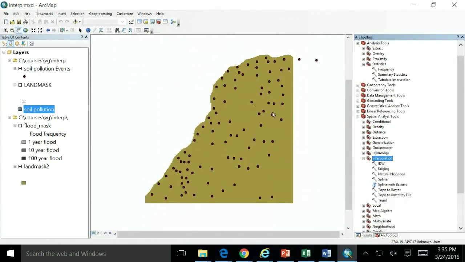Now you'll notice that inside of Interpolation, there are a lot of the operations that we talked about today. There's IDW, there's kriging, there's natural neighbor, which is another method. This just creates a raster version of Thiessen polygons. There's spline, which we talked about today. Spline with barriers is just a version of spline. We don't have